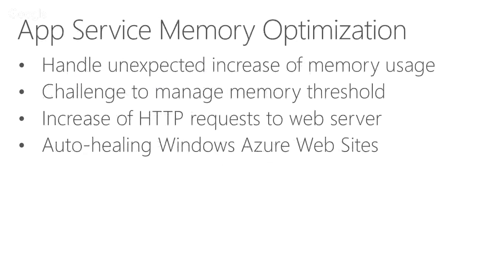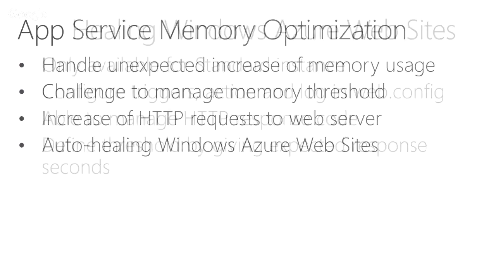Number one, we're going to talk about memory optimizations. When you build an application for Azure, it has built-in capabilities to understand and manage the threshold of the servers. So if you build pretty bad code, it will cause a lot of memory leaks. And from there, we need to put in certain things in order for the app services to auto-recover. That's what we call the auto healing in point number 4. There's an auto healing feature built into the Windows Azure websites.